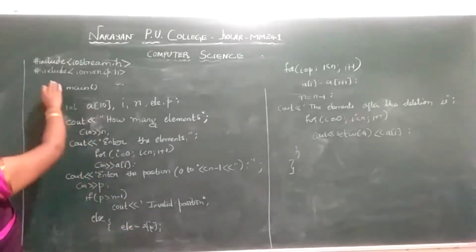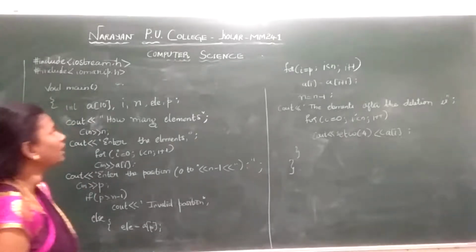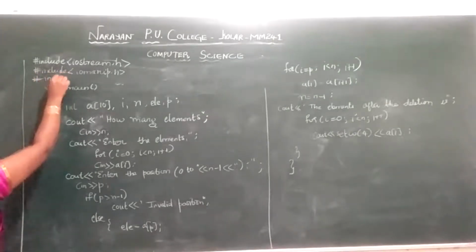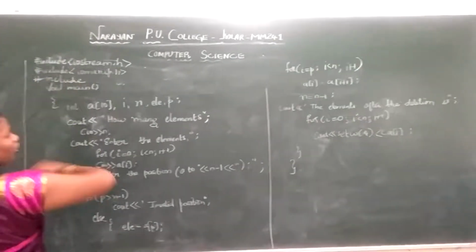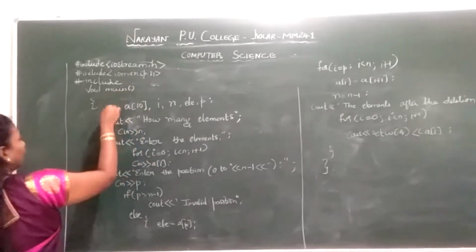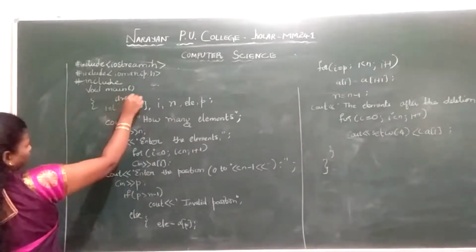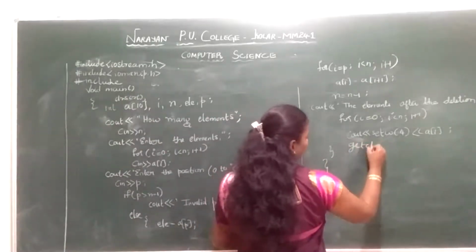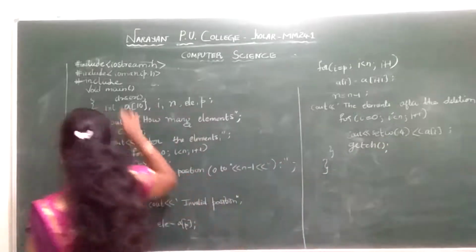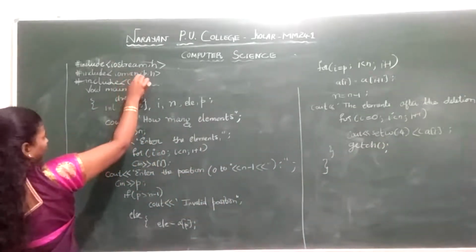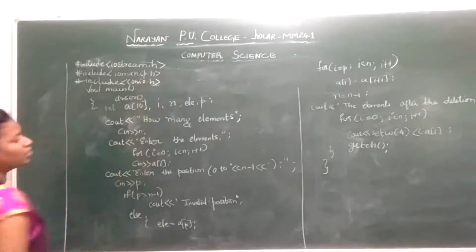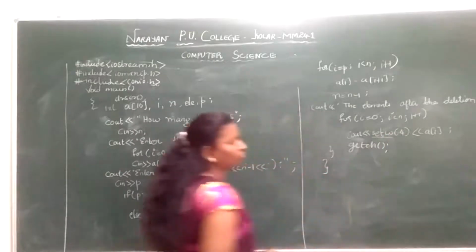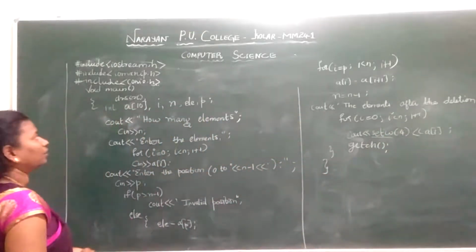As usual, we have a header file, #include iostream.h, and #include conio.h also you need to include, if you are using clear screen and getch. Here I have not used them, but after your declaration part, you can use your clear screen routine. If you use getch and clear screen, you are supposed to include the necessary header files. We have conio.h, iostream.h, and why am I using iomanip.h? Because I use setwidth. If I use indent, setwidth and all, I have to use iomanip.h.